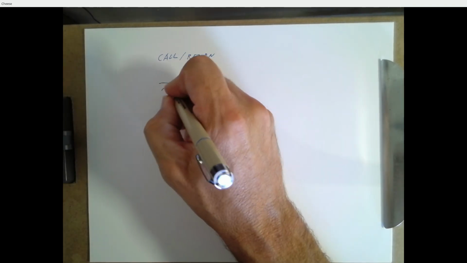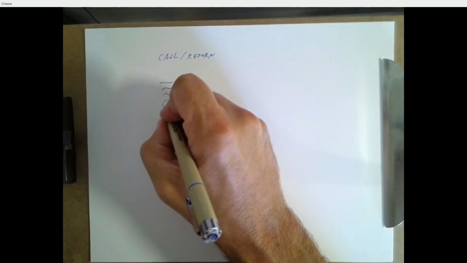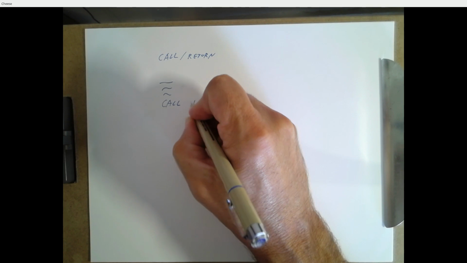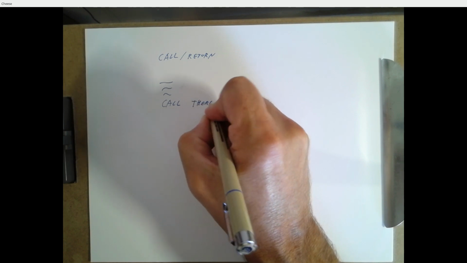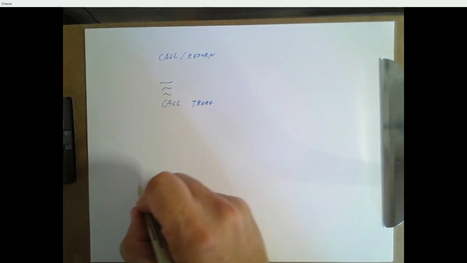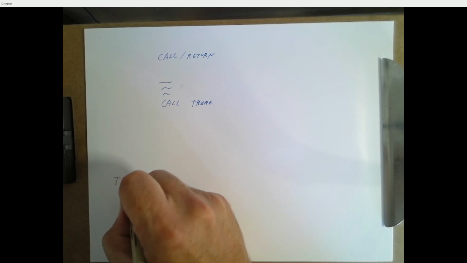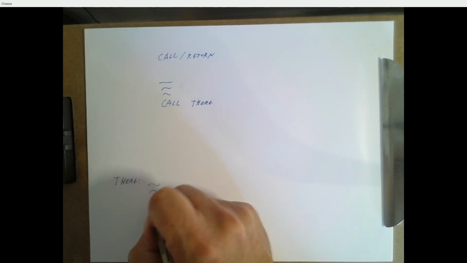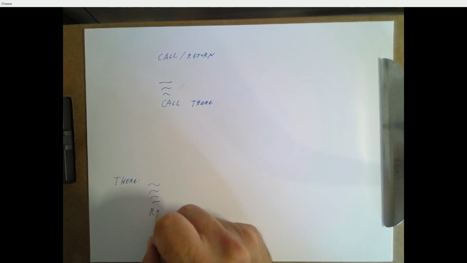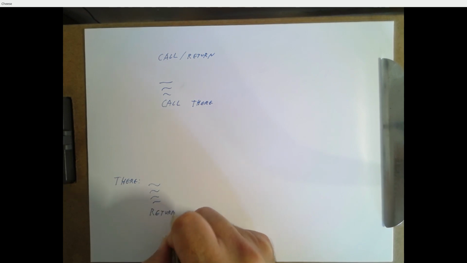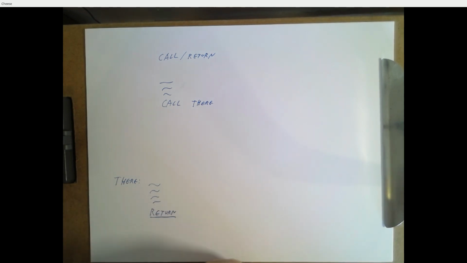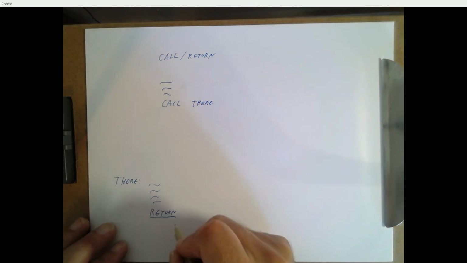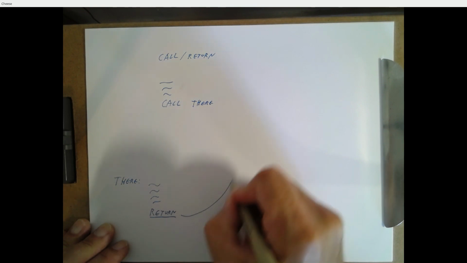So here's the question. You're doing some code and you say call some routine, let's just say there. And somewhere else in your code you've got a label there, and you've got some instructions you're doing, and then eventually you say return. And this is the whole instruction. It doesn't have an operand, it's just return, but somehow the PC has to know that where it should go